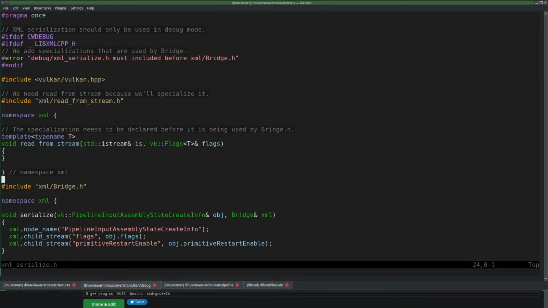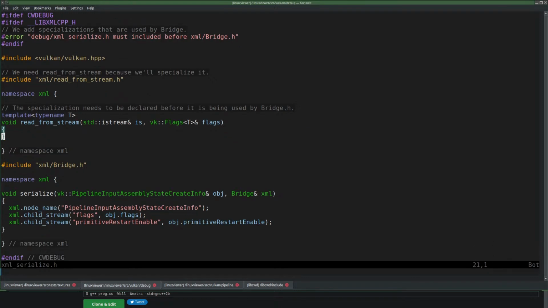Might also be that it didn't print anything because I'm not printing anything. But then where do the braces come from?